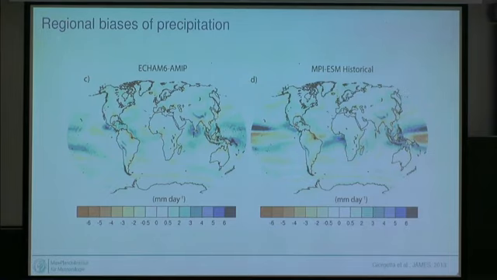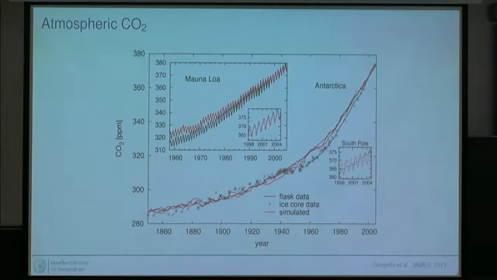We might be able to tune for something global, but we could never tune anything on a regional basis. If we run our full Earth system model, where carbon is interactively simulated, we can again compare two measurements. The crosses, the black stuff here, are measurements. The red line is simulated CO2 in the atmosphere. And again, we are quite happy how in this entire setup with ocean biogeochemistry, the land models, trees burning, emitting CO2, taking up CO2 from the atmosphere, how all that agrees with what we observe.